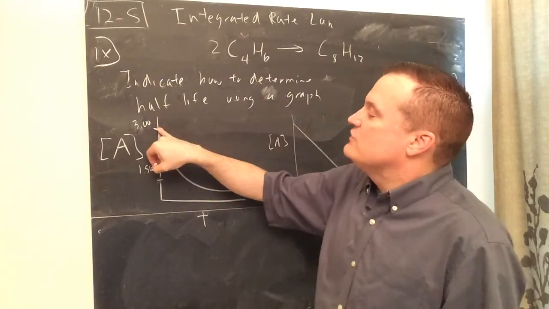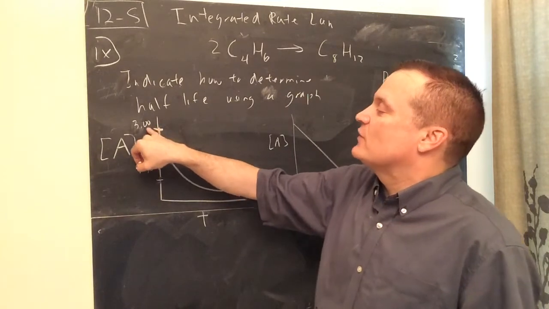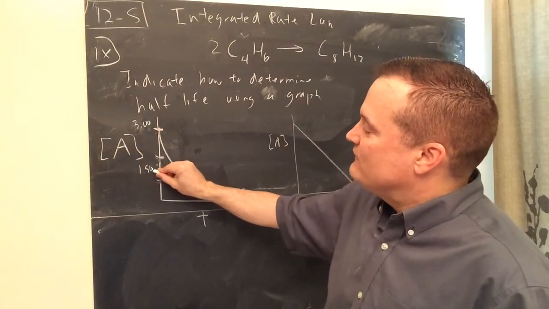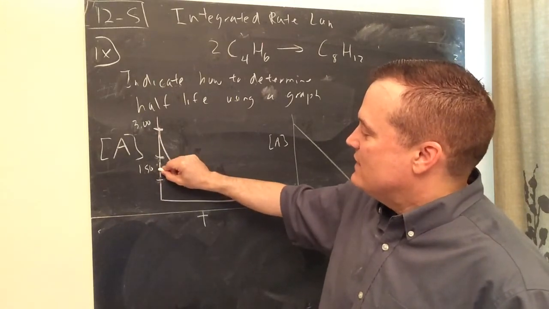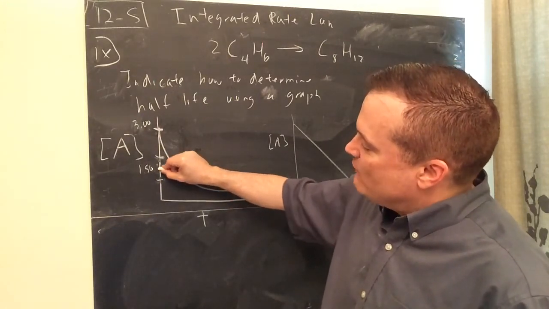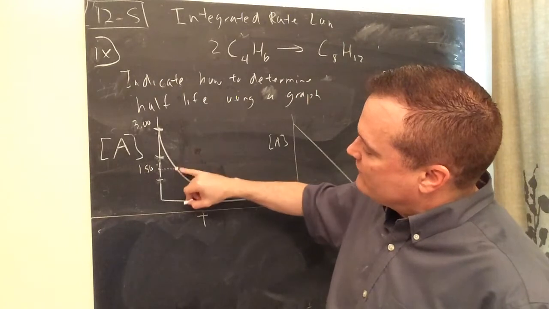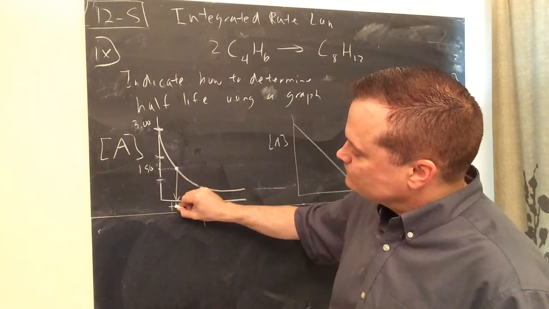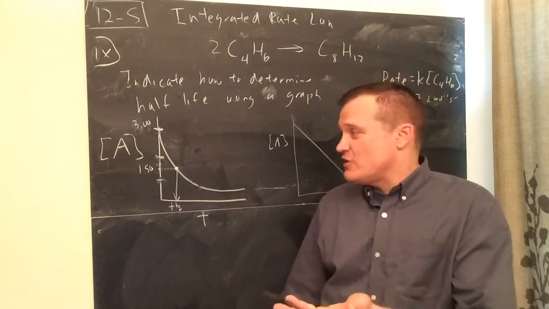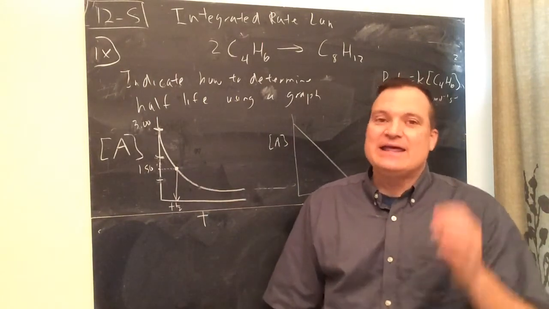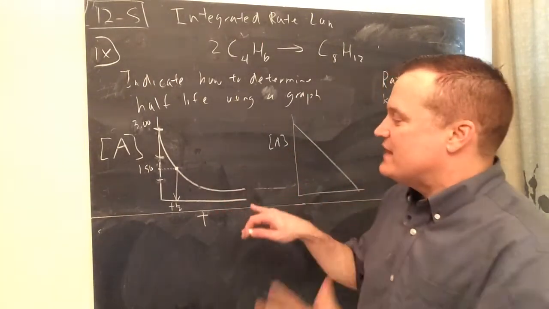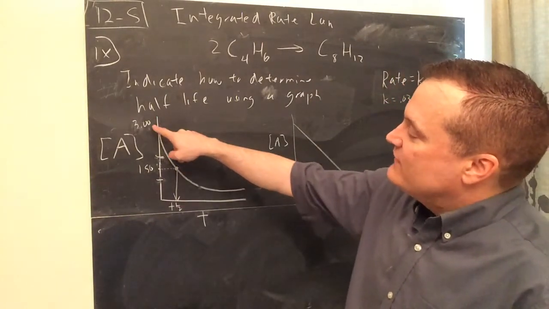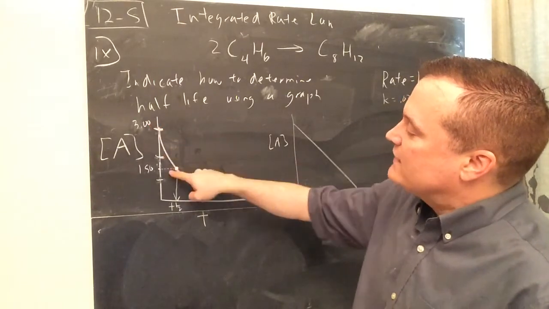You see, how long did it take to get from your original concentration, your initial molarity, all the way to 1.50 molarity, okay, right here. Then you go over here, you find 1.50 on the curve, and then where the curve hits, go straight down. That will be the half-life. Sometimes they ask you to draw a diagram like that or explain it. If they ask you to explain it, I would draw a diagram, even if they don't say draw it, because it's easier to say. Like the time it takes to go from 3 molar down to 1.50,